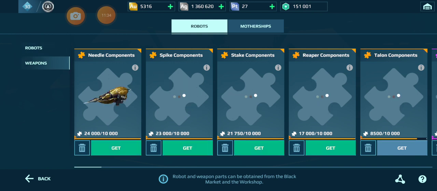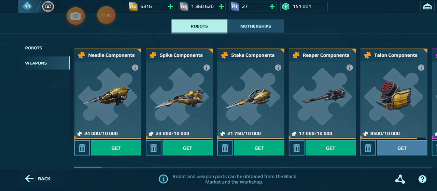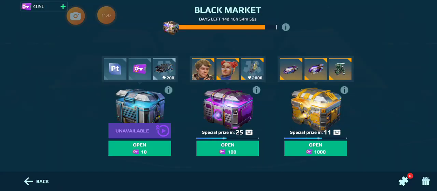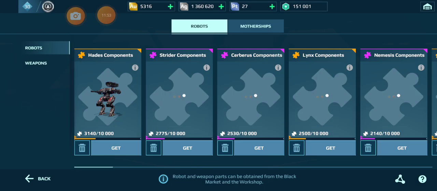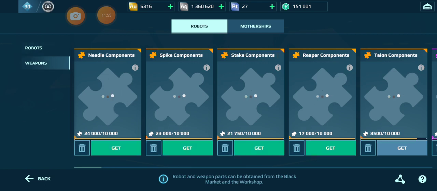Let's check out the weapons. I've got a Reaper. 1 time. 2 stakes. 2 spikes. And 2 needles. And I think I will hold off on the rest of those blue data pads. Mostly because...